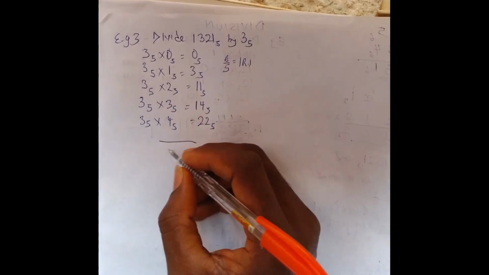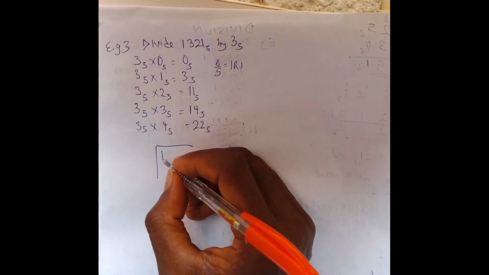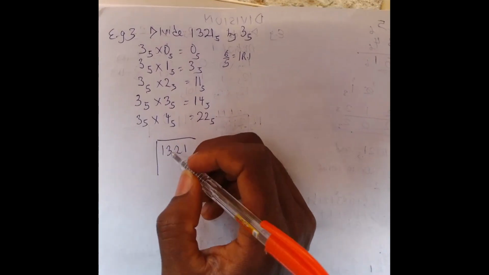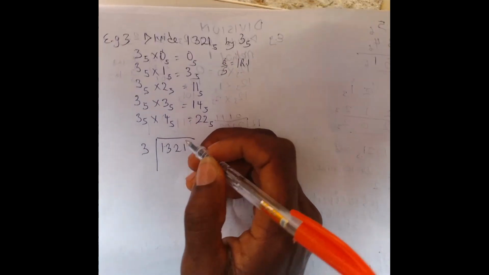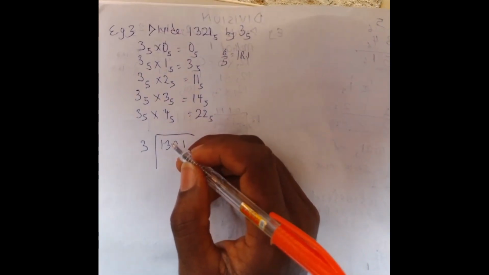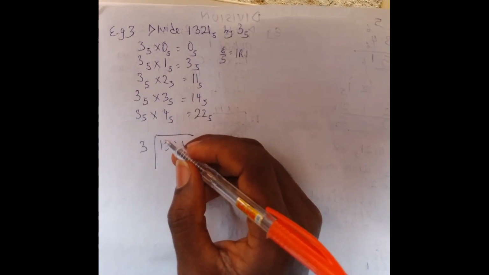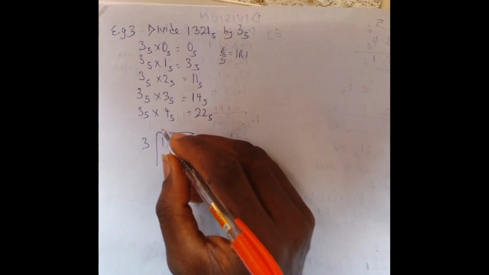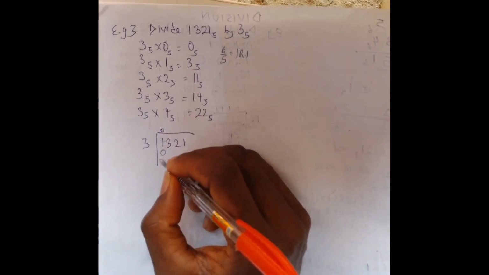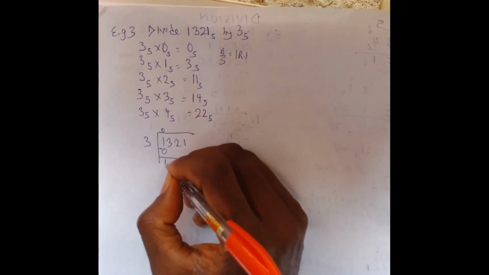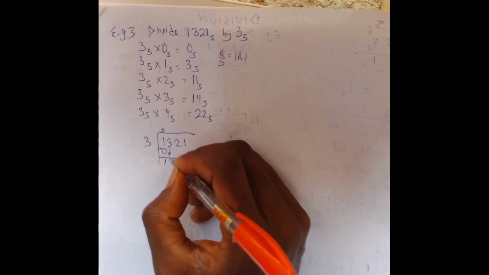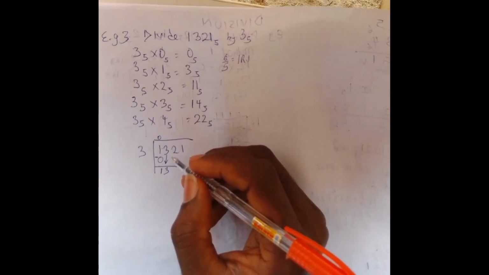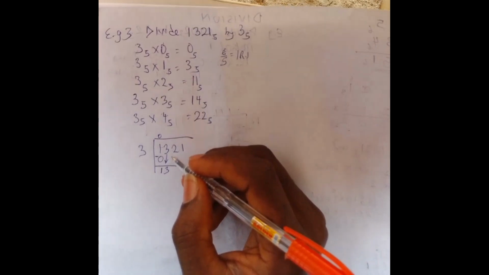1 3 2 1 divided by 3. 3 divided by 1 is impossible. So you write 0. 3 times 0 is 0. 1 minus 0 is 1. Bring down the next number, 3. 13 divided by 3 will give us, now